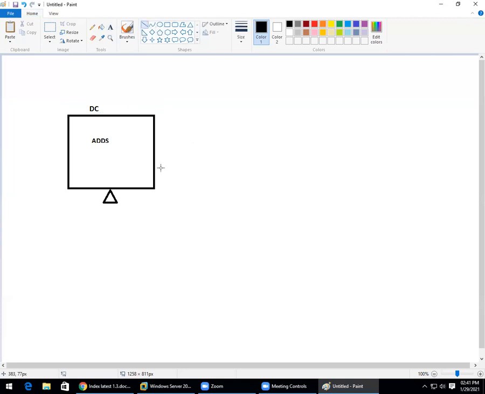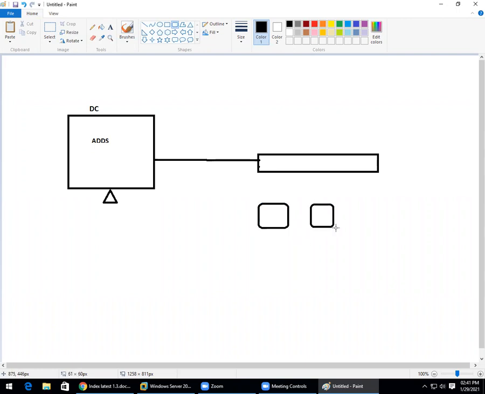Now this DC is connected to the network, and from here you get all your client computers. This is one PC, for example, the second PC, and this is the third PC. Which operating system will I have on the client PCs?